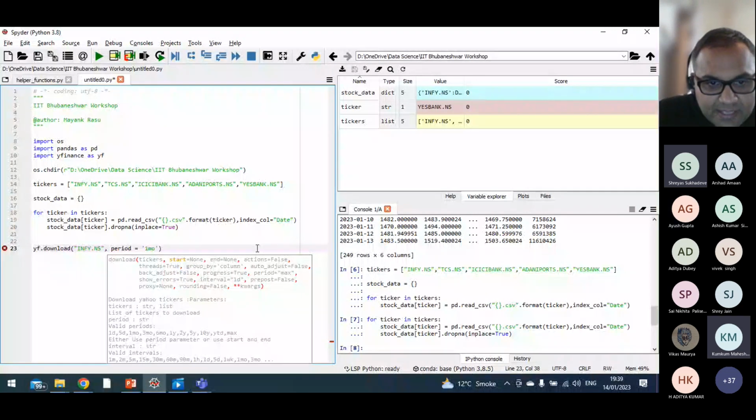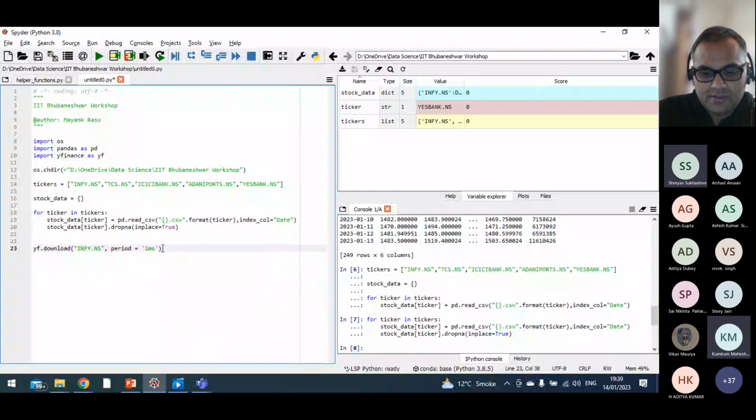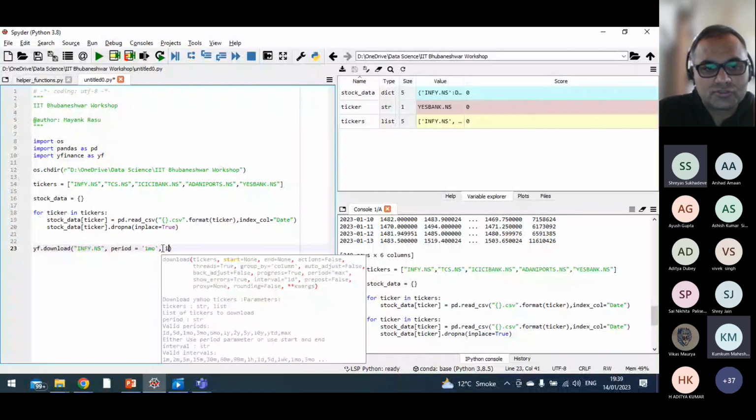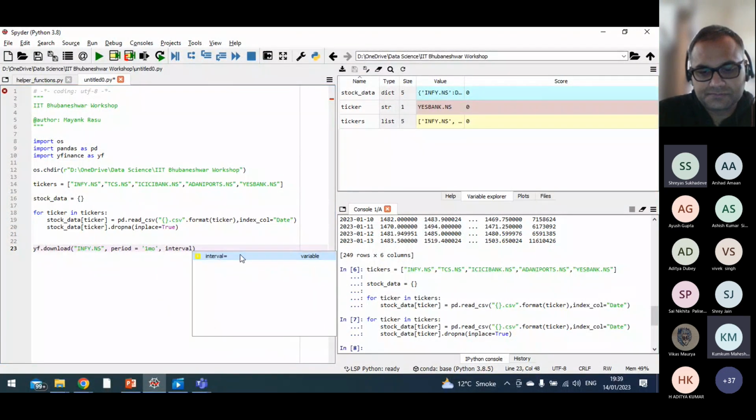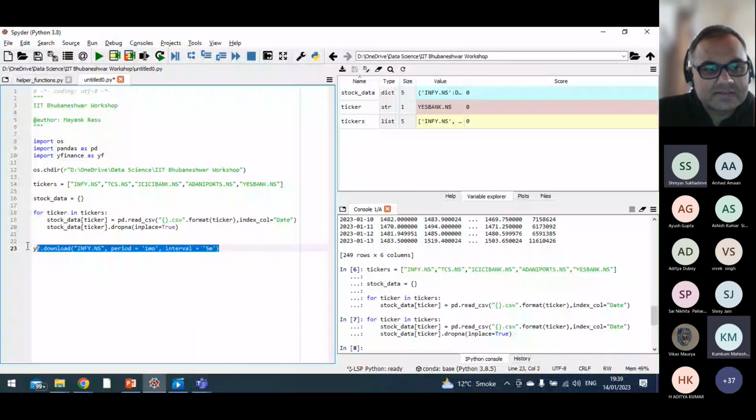And then there is another thing called interval. Interval tells you what granularity of candle you want: the open, high, low, close, volume. Do you want it for 1 day? Do you want it for 10 minutes or whatever? These are the possible values for interval: 1 minute, 2 minutes, 5 minutes, 15 minutes. So let me go with 5 minute data. So interval 5 minute. Most day traders use 5 minute intervals, so that is what we'll use. Now if I run this,